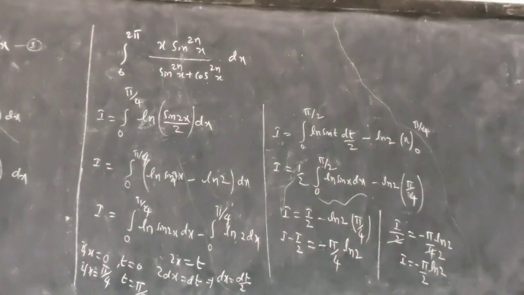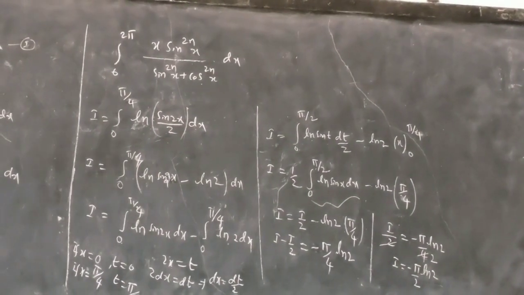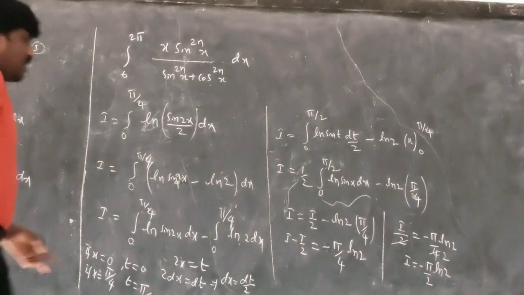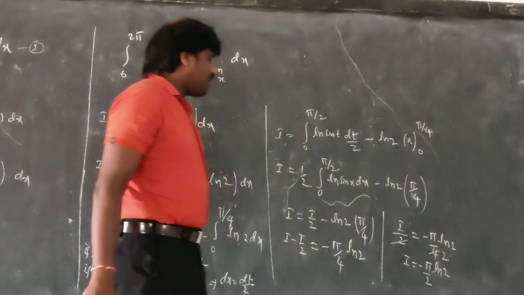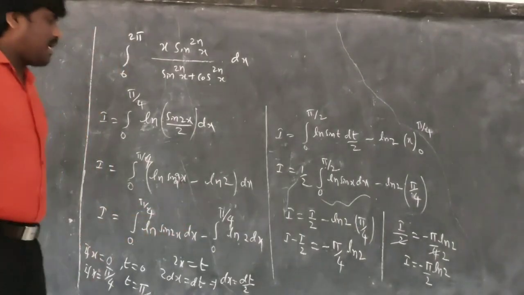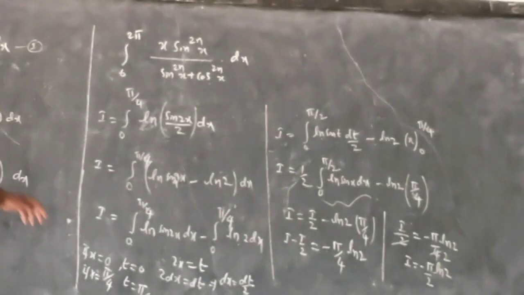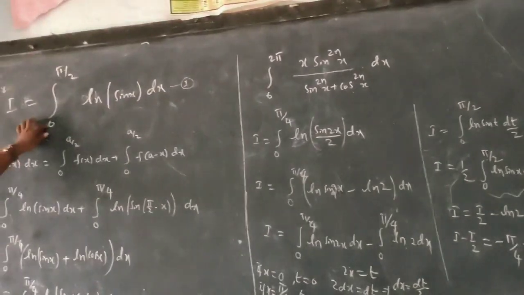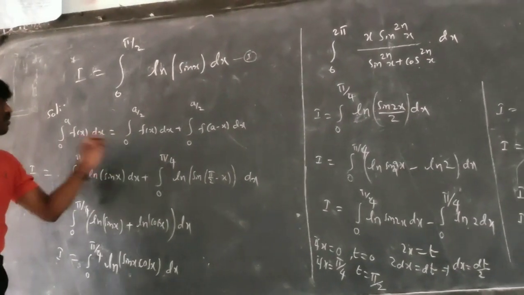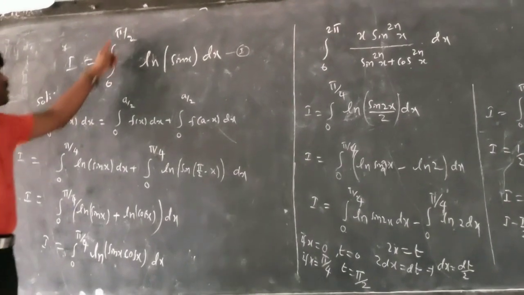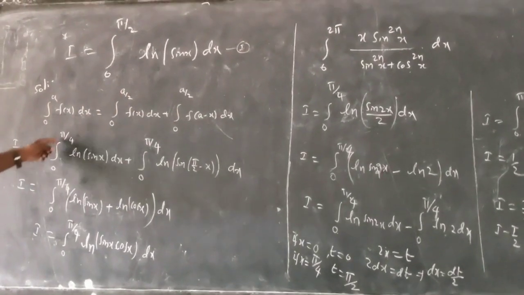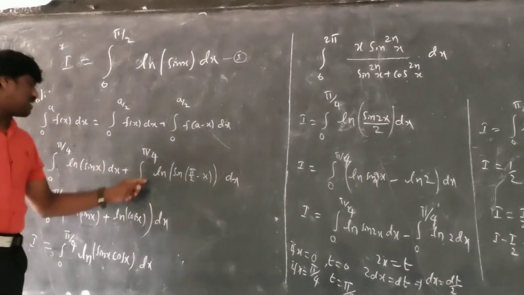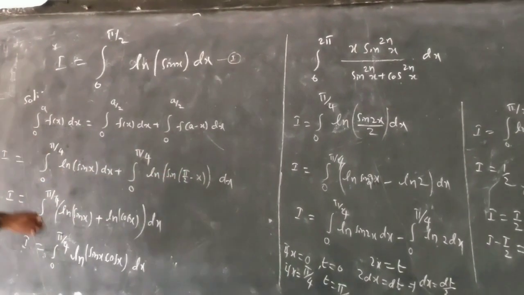Why I made this correction: I remember this answer because I know this is very important. So finally when I saw this one I got shocked. I think it should be pi by 2 but I got pi. What is the wrong value? Just look here, the question is 0 to pi by 2. So this becomes pi by 4. I repeat once if you want. 0 to pi by 2 is there, so I can write according to the King rule pi by 4 ln sin x dx, 0 to pi by 2.